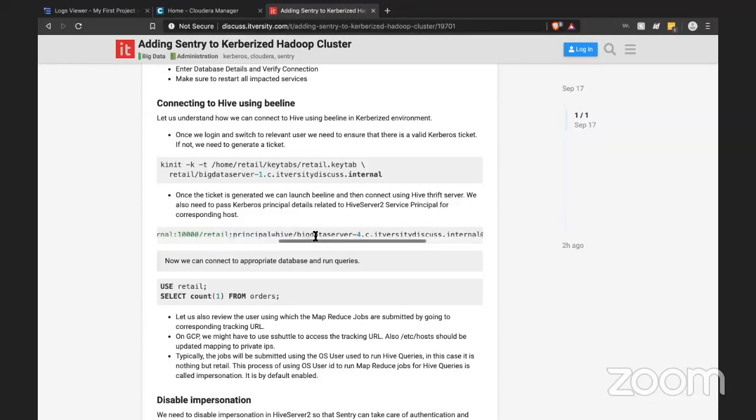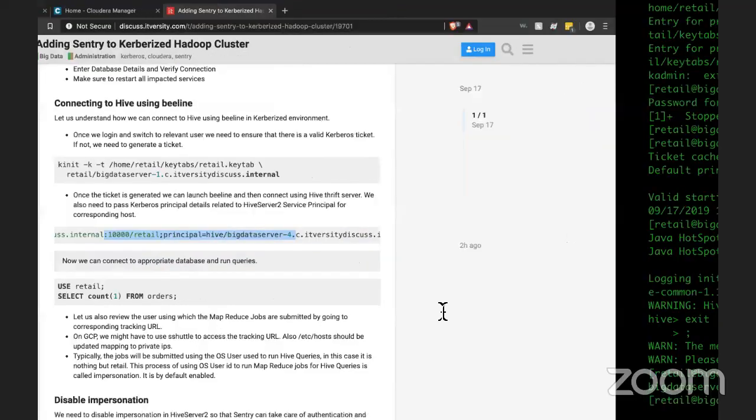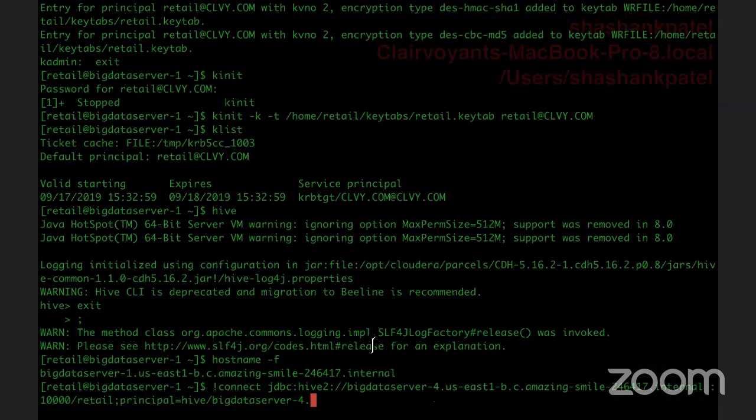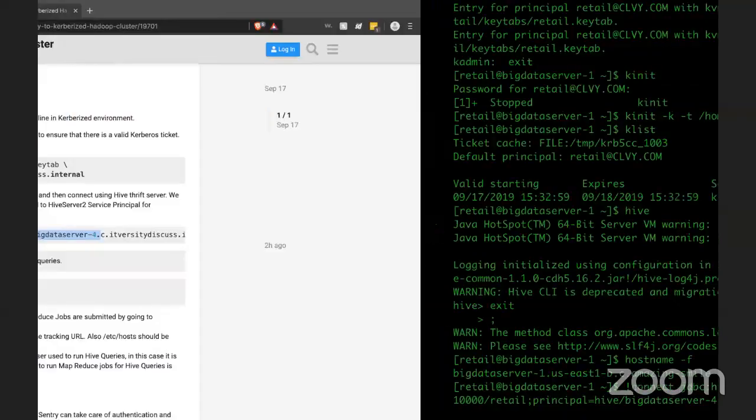Have you connected before? Yeah, I connected it. So what you can do is you can actually go to the beeline session. Anyway, you are typing, so let's go ahead and type it. L is missing. Yeah. Then